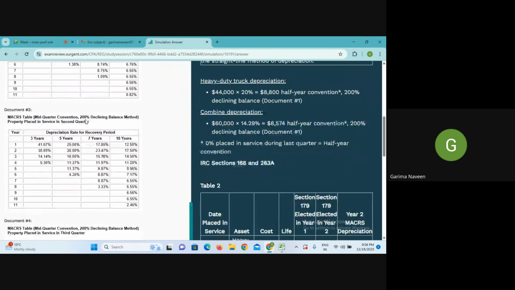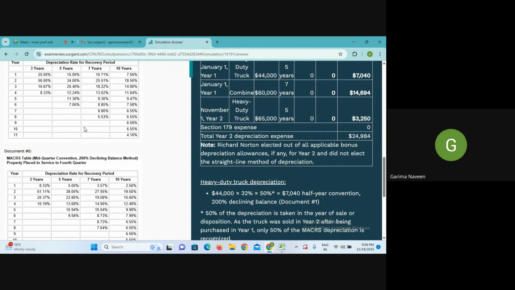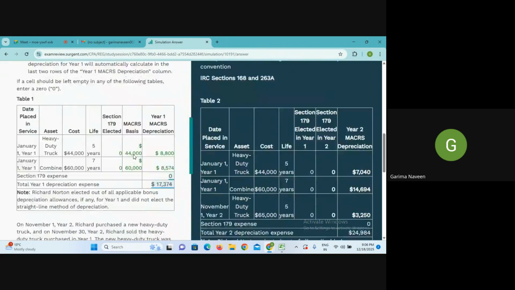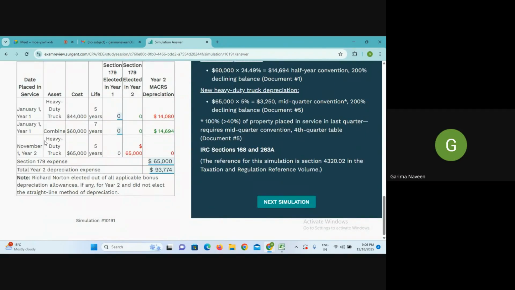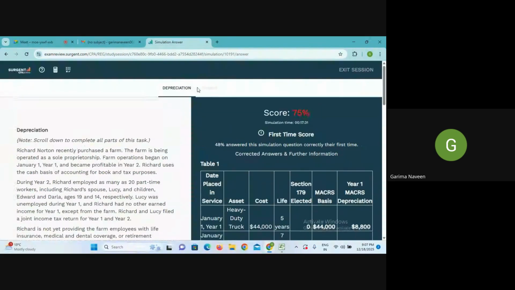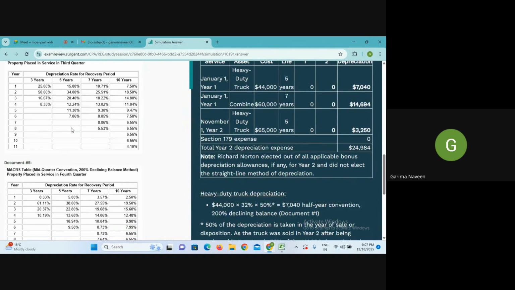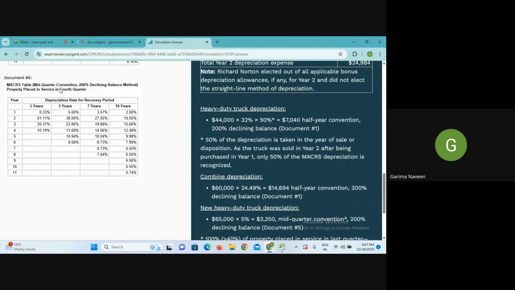अब ये टेबल्स 4 दे रखी हैं आपको। अब बताओ आपके पास असेट किसका डेप्रिसिएशन कैलकुलेट करना है, इस असेट का, और इस असेट को कौन से क्वार्टर में प्लेस किया है, लास्ट क्वार्टर में, फोर्थ क्वार्टर में, और 5 ईयर की प्रॉपर्टी है। तो अब आप क्या करोगे, ये सारी टेबल मिड क्वार्टर के लिए ही है, लेकिन अब आपका असेट कौन से क्वार्टर में डला है, फोर्थ क्वार्टर में, और 5 ईयर की प्रॉपर्टी है, तो फर्स्ट ईयर के लिए क्या यूज करोगे, 5%, ठीक है।